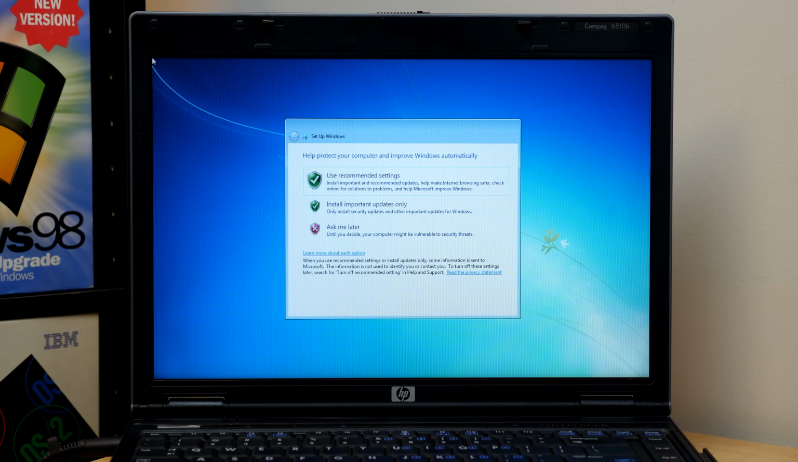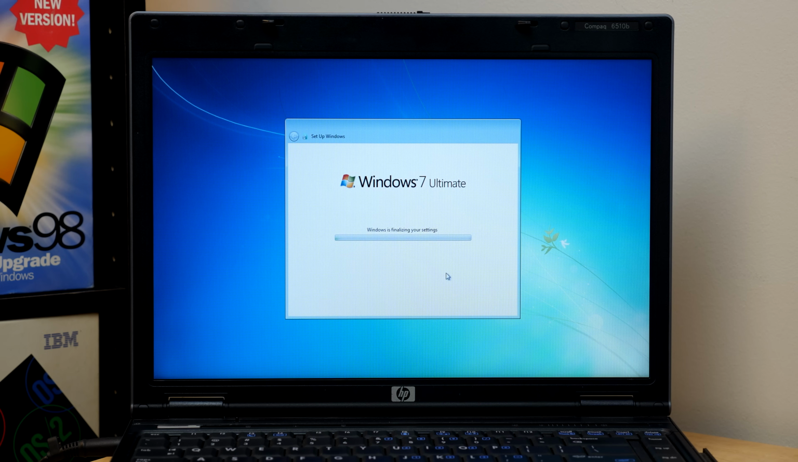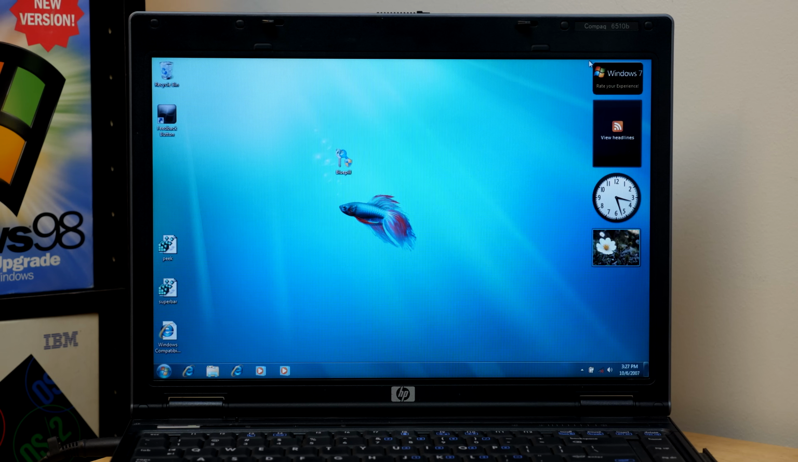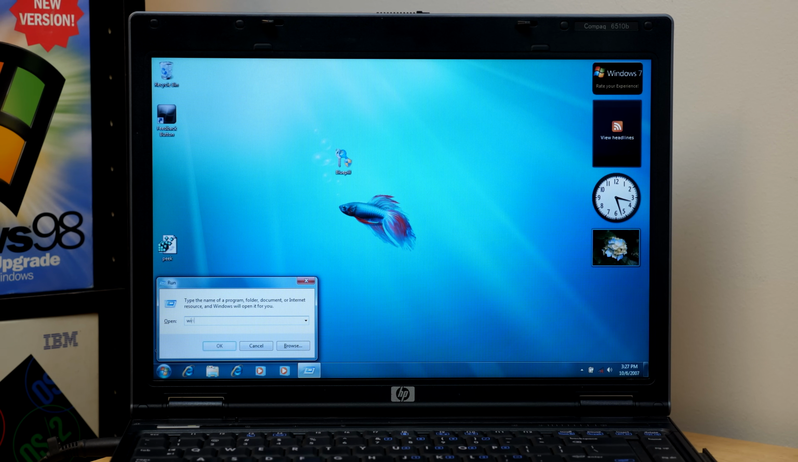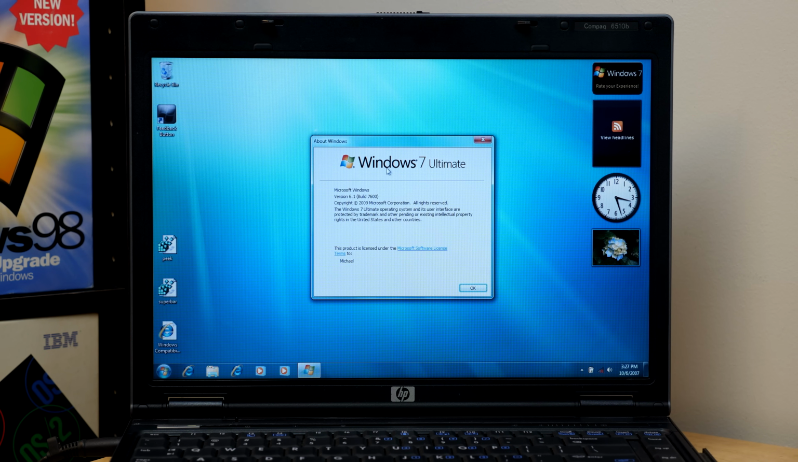Oh my gosh, look at that. It actually worked, you guys. So yes, it successfully completed the installation, and now it's finalizing our settings. Let me tell you, I have never been more excited to get Windows 7 installed in my life. And would you look at that, it kept the beta fish wallpaper. So that's pretty cool. Just to confirm here, we are of course running Build 7600, the final release of Windows